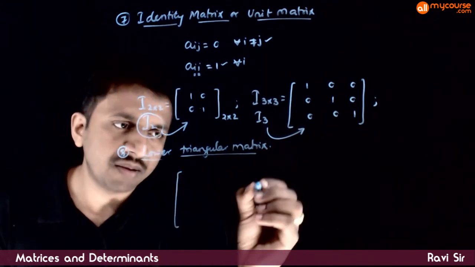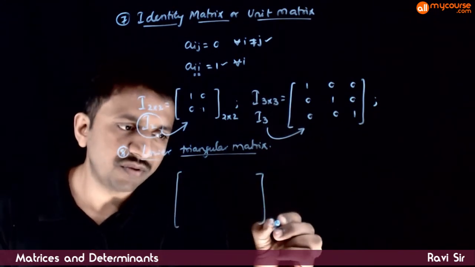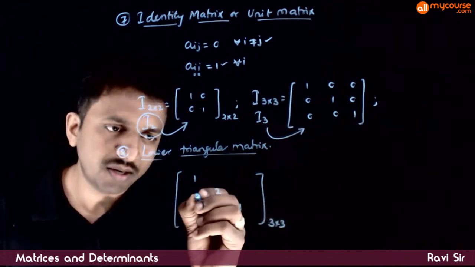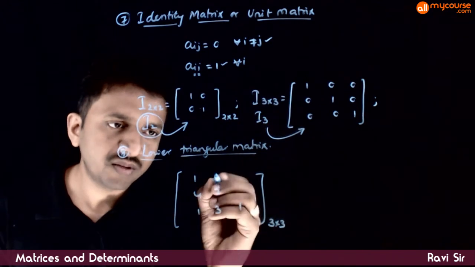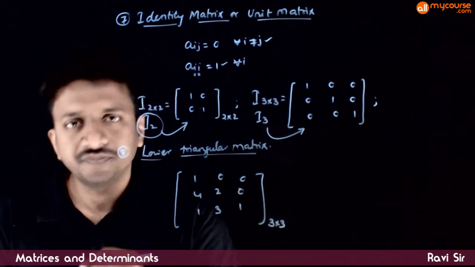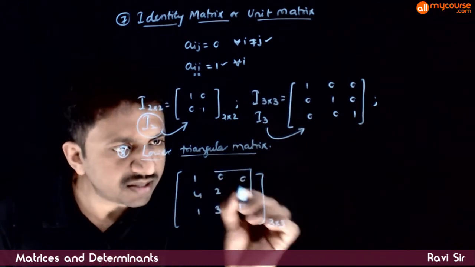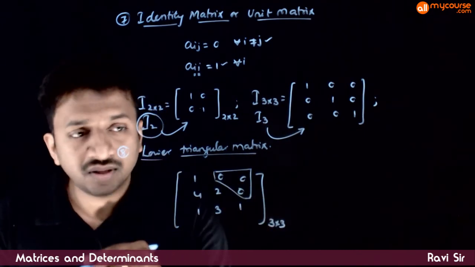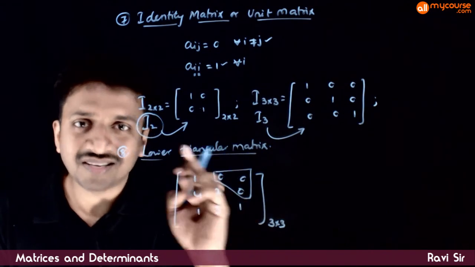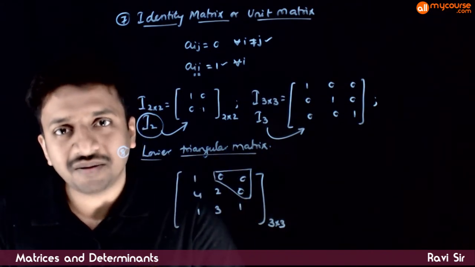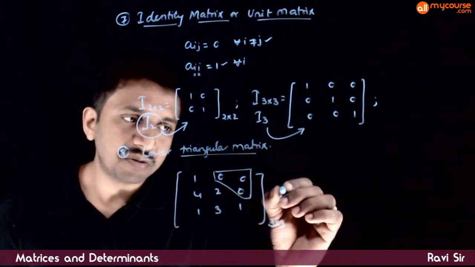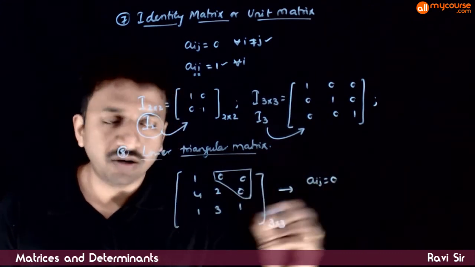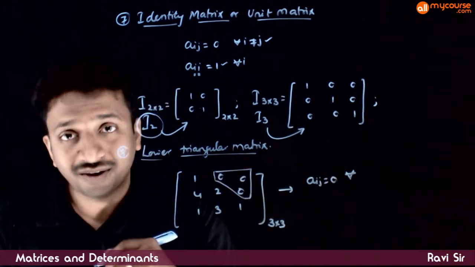It means if you have a square matrix of the order 3 by 3, and the matrix is something like this: 1, 2, 1, 4, 1, 3, 0, 0, 0. If all the elements in the upper triangle are equal to 0, then we say that the matrix is a lower triangular matrix. So mathematically, Aij has to be equal to 0 for all